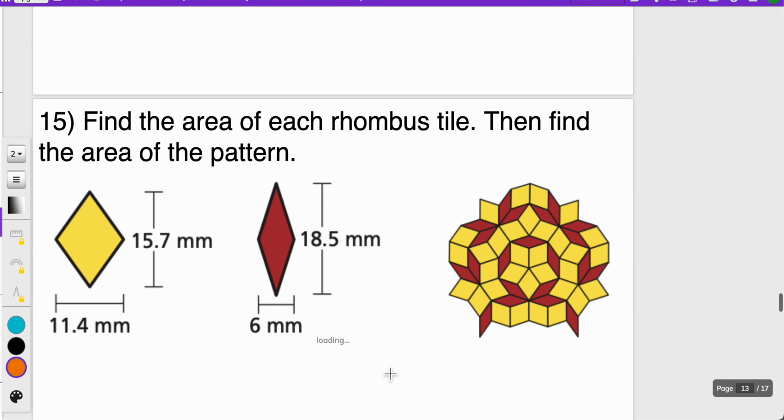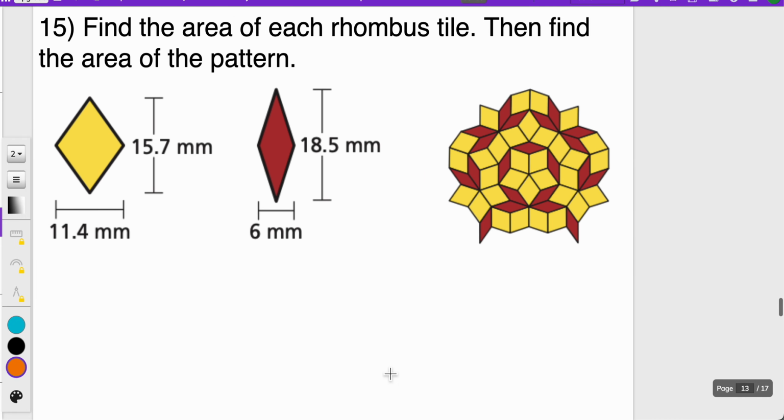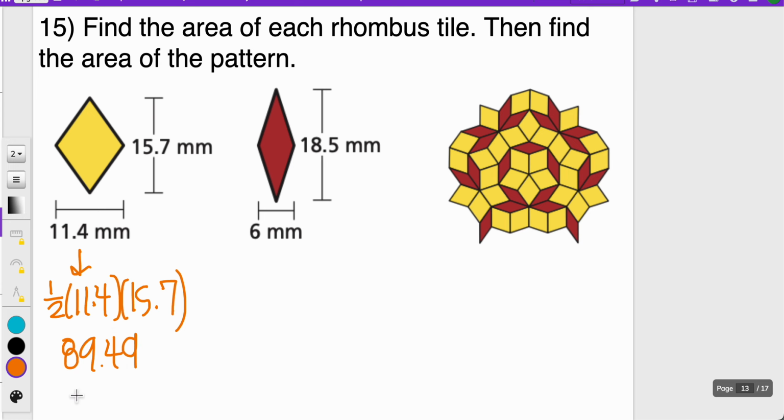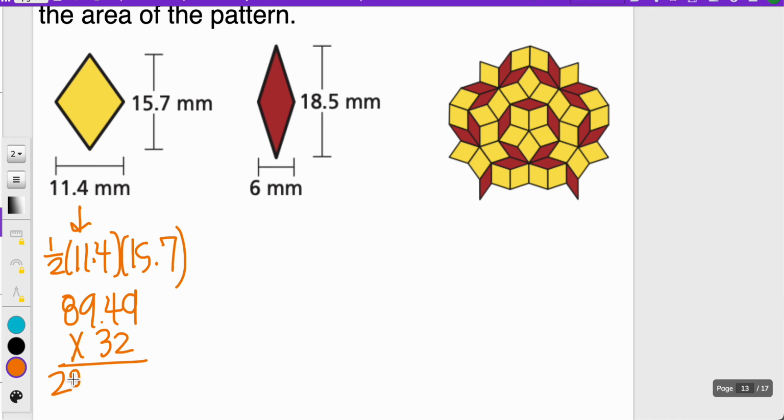Okay. Last one has some rhombuses and kites in here. So it says find the area of each rhombus. So here you needed to count the number of yellows and then do your 1/2 times D1 times D2. So let's do 1/2 times 11.4 times 15.7. I'm going to get 89.49. And then there are 32 of those yellow ones. So yellow is